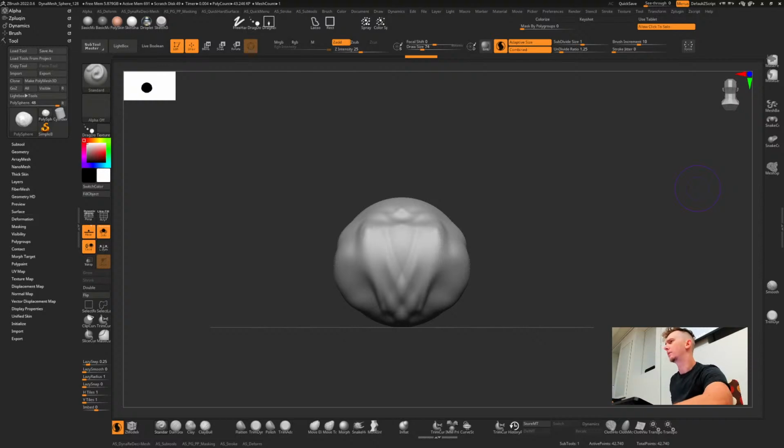ZBrush UI is a very modular beast. It's basically a build-your-own-UI type of system, so you can customize ZBrush in any way you want. If you are not using a custom UI, you really should, because it really helps with productivity, being able to have all your tools where you want them to be.